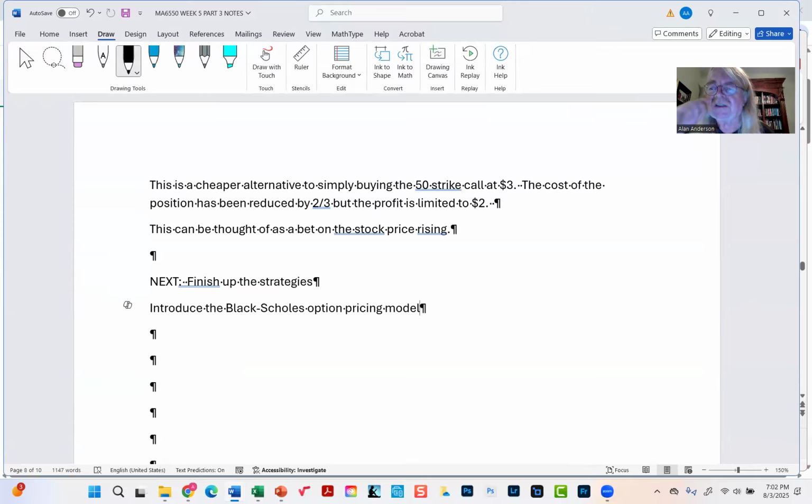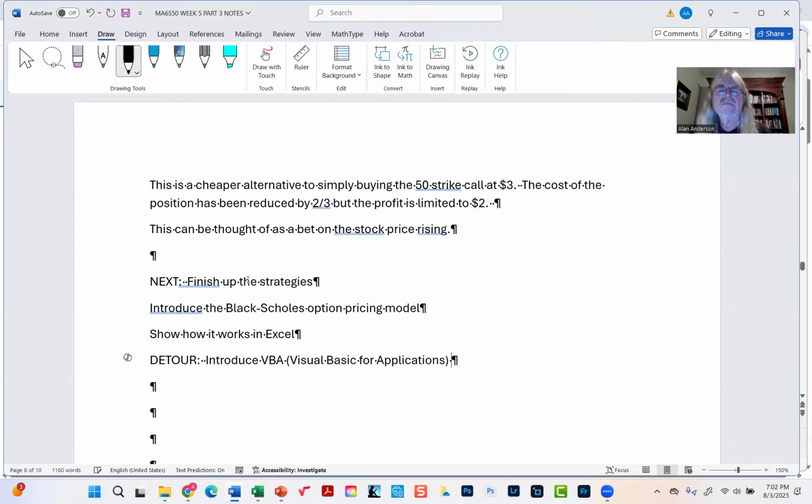It's almost like relativity in physics. It's that important. And so when we do that, we'll actually show how it works in Excel. And then what we're going to actually do is take a bit of a detour, introduce VBA, which is the Visual Basic for Applications language that is built into Excel, and see how code can be written